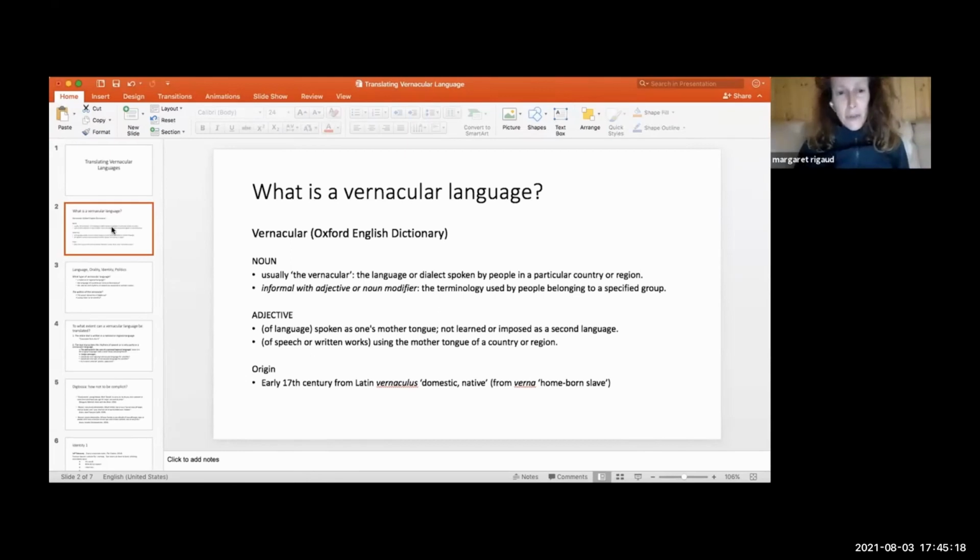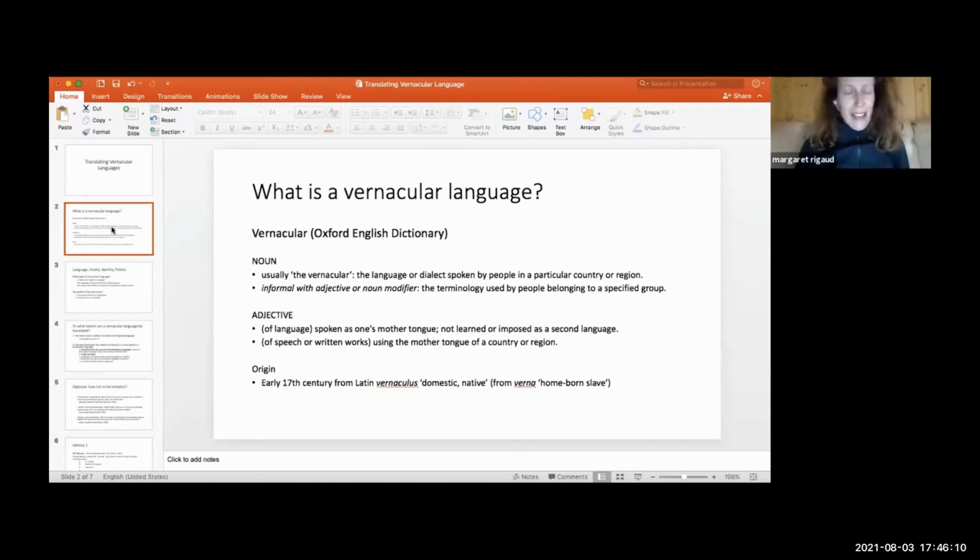Then in its adjectival form, when we speak of a language that is vernacular, we think of this language as one that is spoken as one's mother tongue, not learned or imposed as a second language. And I think that verb imposed is, again, quite a loaded verb. And one of the interesting implications of the vernacular is it can have political implications, in particular implications of domination and diglossia. Diglossia is when in one culture or one place, two or more languages coexist, but they don't all have the same status or prestige. Then of speech or written words using the mother tongue of a country or region,